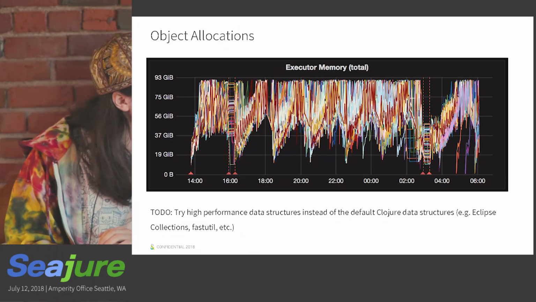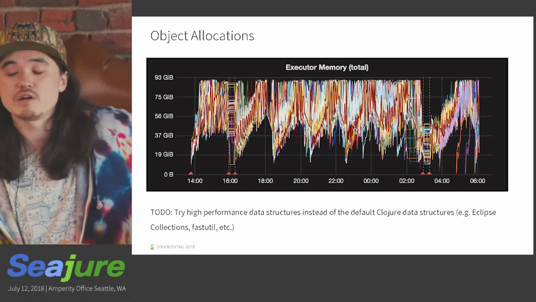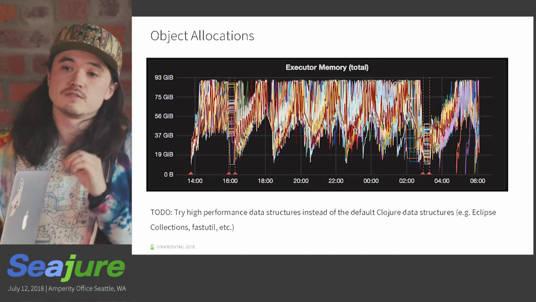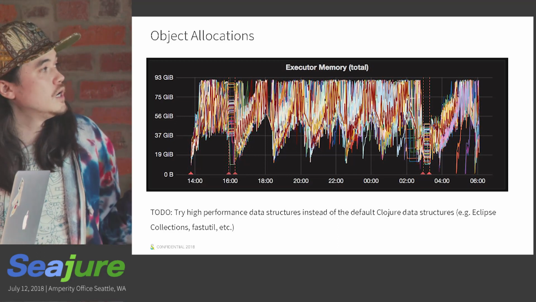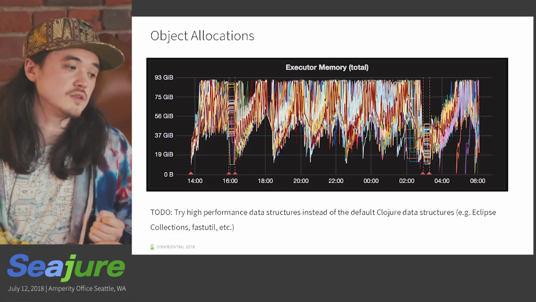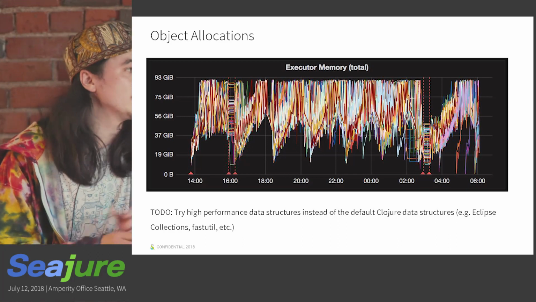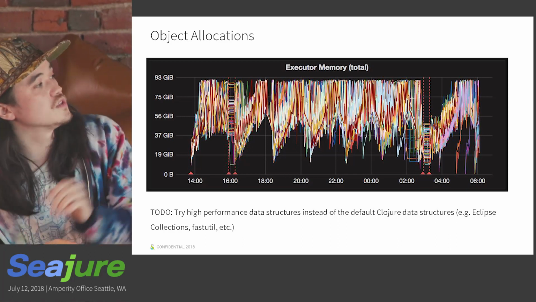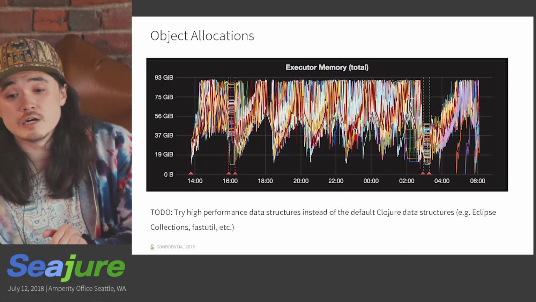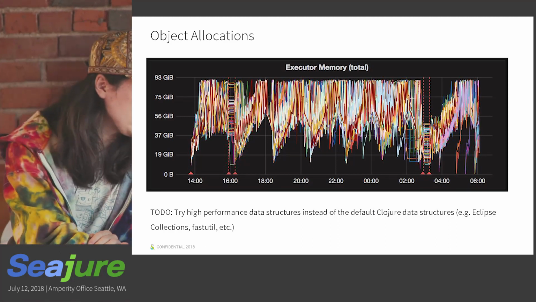So we're going to see what we can do about that, and I'll come back to it. But having access to graphs like these that break down the behavior of your cluster from a per-executor level is incredibly critical, I think, to making meaningful progress on a bunch of the performance problems that will come up with doing high-scale data processing. Clojure or not, we do use Clojure. This is all collected and aggregated by Riemann, for example, if any of you have had a chance to use it, but it would come up in any programming language.